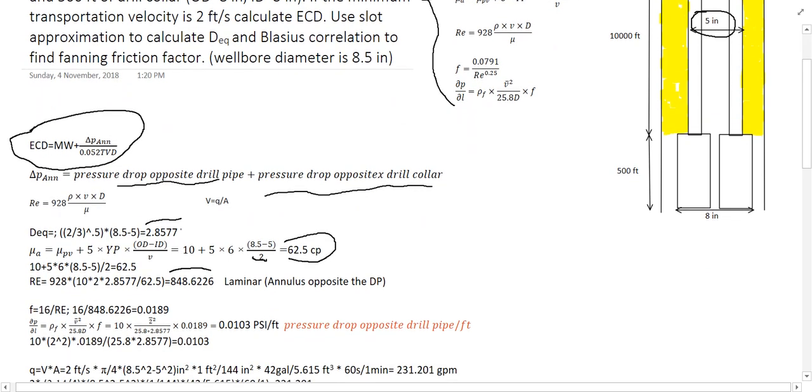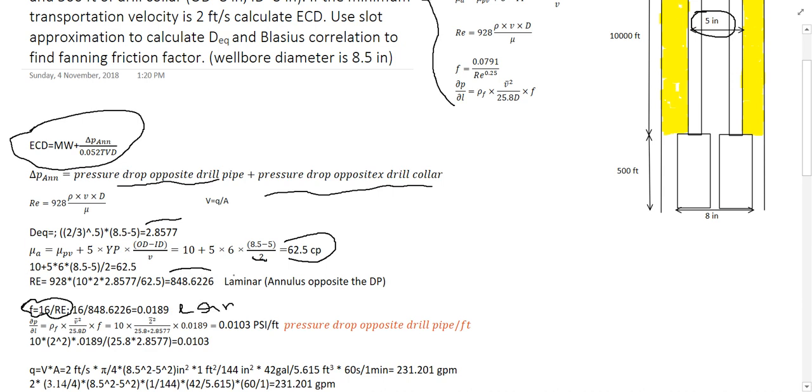Then for the laminar regime, to find the pressure drop, because the next step is using the Blasius correlation, it will be easier to find the F for the laminar regime. The F for the laminar regime is 16 divided by the Reynolds number. This is for the laminar regime. 16 divided by the Reynolds number, which we found as 848. If we do the calculation, F is